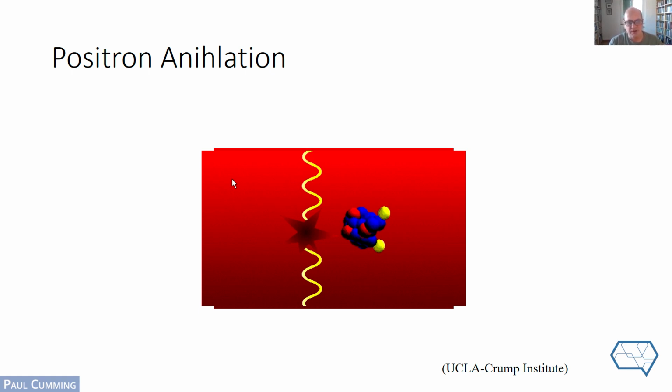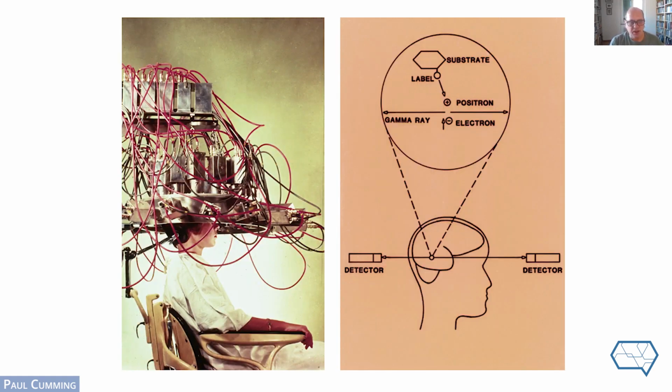Now that energy is very strictly defined by the famous equation E equals mc squared. And as it turns out, the energy of those two particles, those two photons leaving the site of annihilation, is equal to the rest mass energy of the electron-positron pair, 511 kiloelectron volts. Next slide. Now that is a high energy gamma ray, and that will pass through a centimeter of lead, and it'll certainly pass through your head.